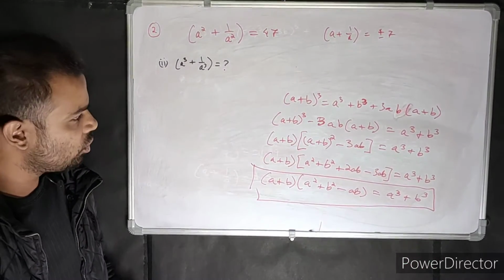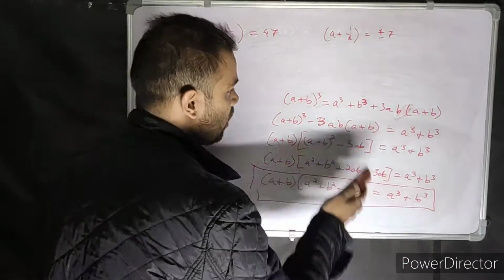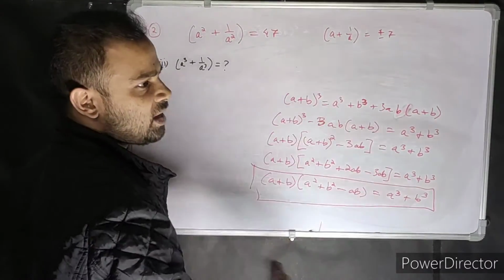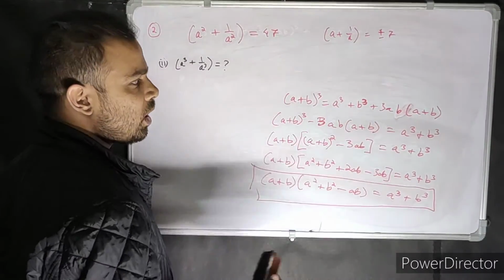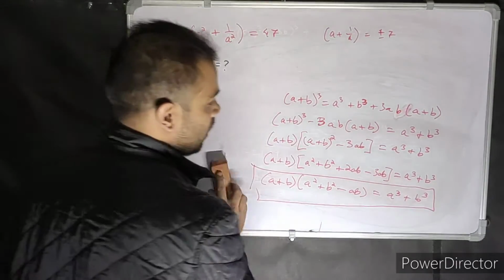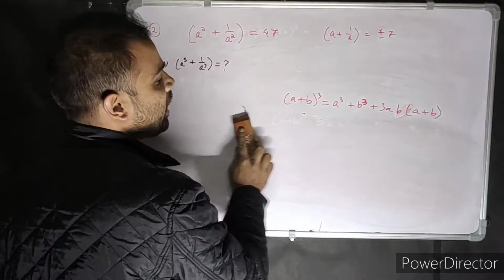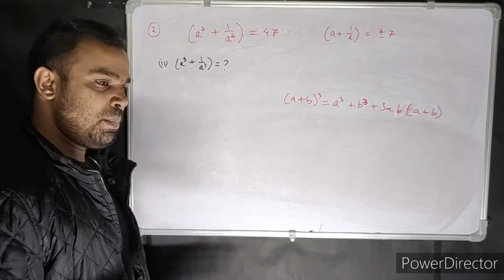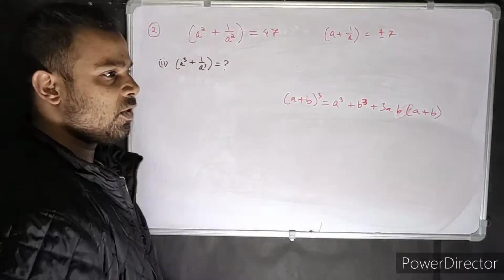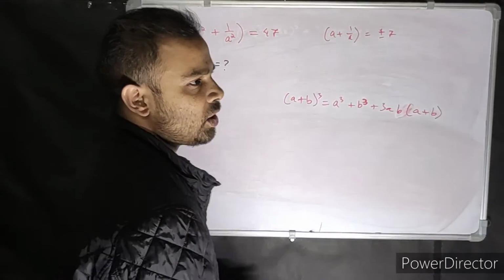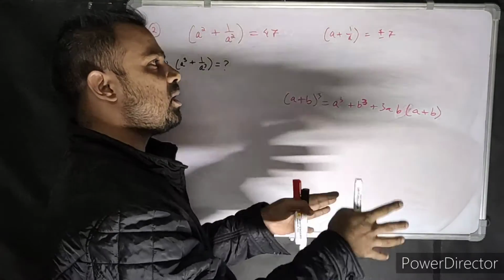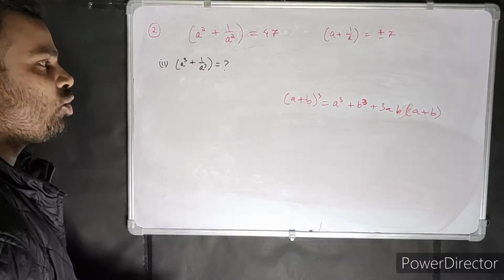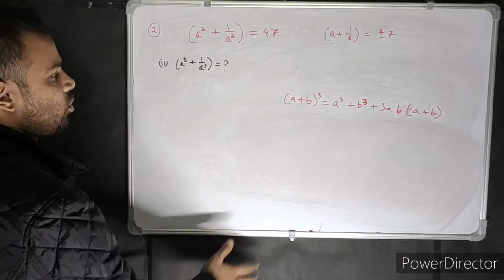But those of you who don't want to do this and want to do my way, you can use this one. That way you have fewer formulas to learn, because most of you learn the formula but don't know how to make it. It's not easy for everybody to make it. So I don't expect you to sit in your exam hall and derive the formula. I'm trying to make your burden less. Learn fewer formulas, don't have to learn so many. Just manipulate the question, or make the question in such a way that the answer comes out, and you don't have to learn an extra formula for that. So you can start with this.